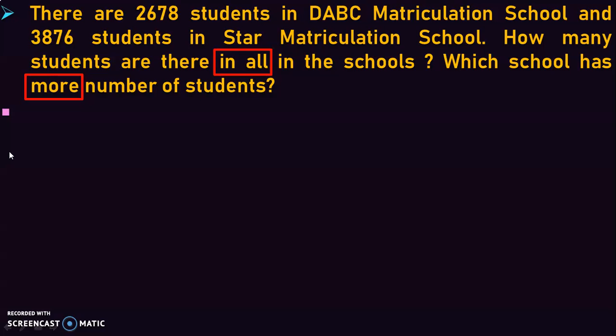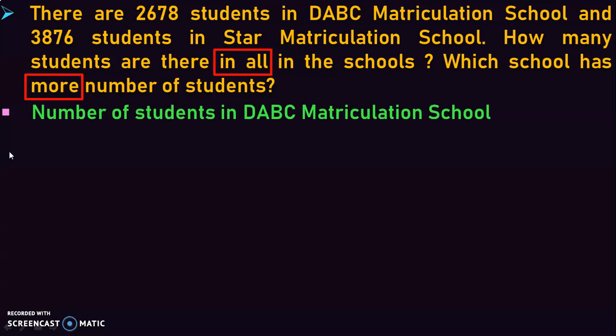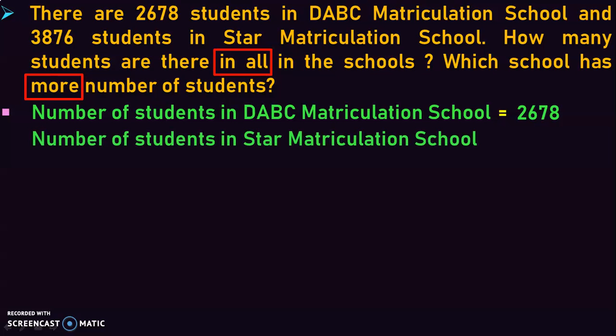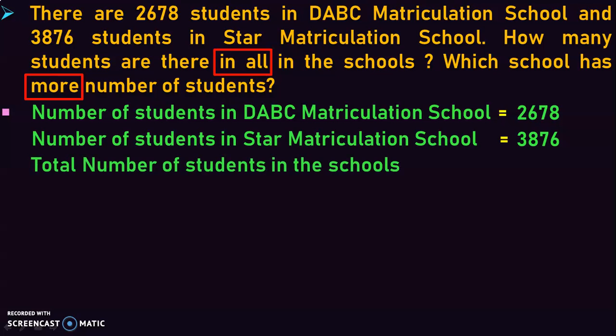The next step is to write down the statements for the given problem. So the first statement will be number of students in DABC Matriculation School, which is equal to 2,678. Number of students in Star Matriculation School is equal to 3,876. Next, we will have to find out how many students are there in all in the schools. So, we will have to find the total number of students in the schools, which can be found out by adding 2,678 plus